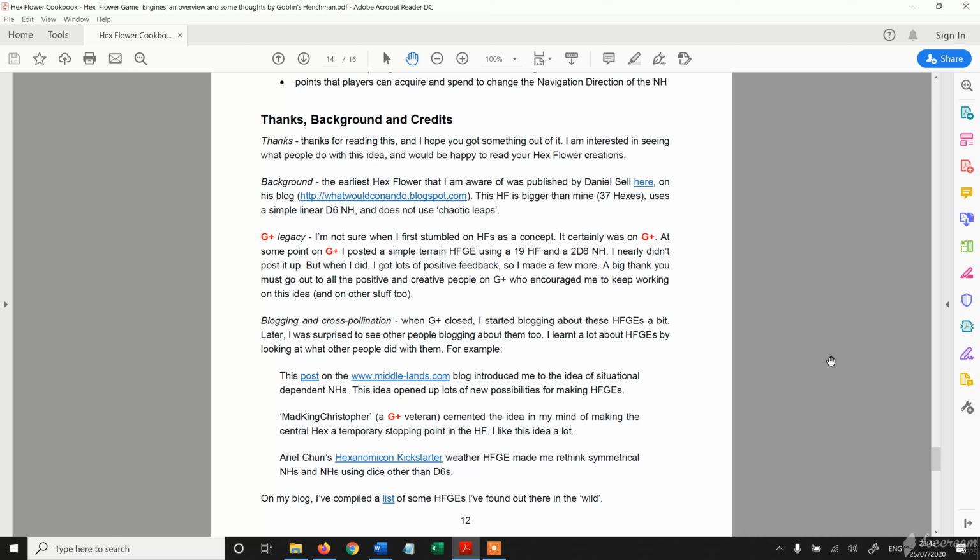If you follow this blog, Daniel Sell came up with a hex flower to navigate weather. It had 37 hexes, and part of the reason I believe there are 37 hexes was to spread out the anomalies I talked about, of going from, say, thunderstorm or snow to blistering heat. You had more real estate to deal with. And the innovation I came up with, which I haven't seen anyone else do, but I'm happy if someone proves me wrong, was to